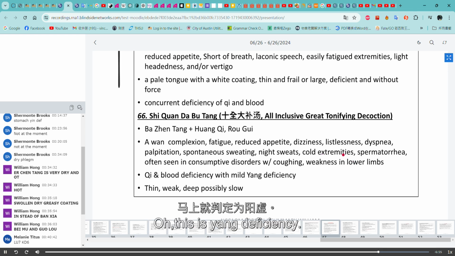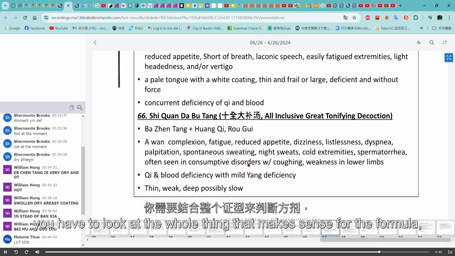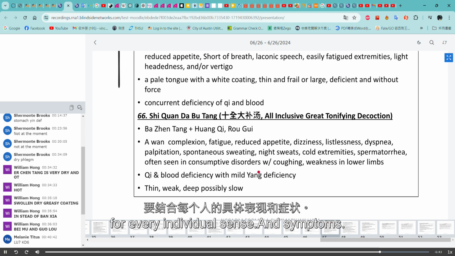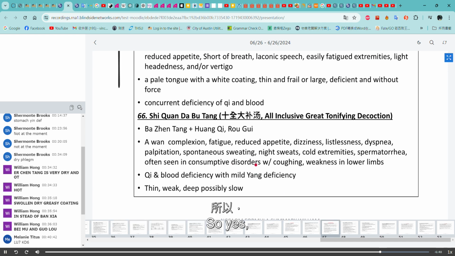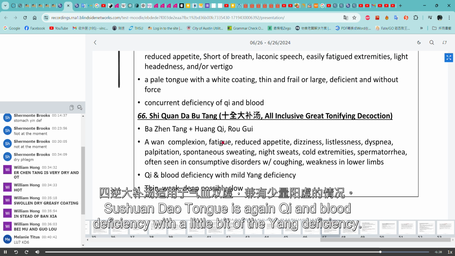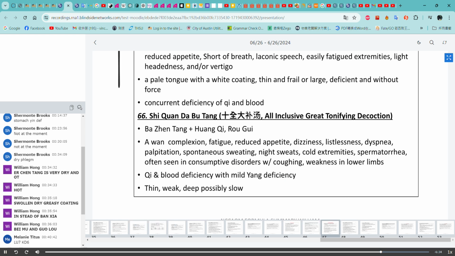Oh, this is yang deficiency. And you kind of ignore the other parts. No? But you have to look at the whole thing. That makes sense for the formula with every individual sign and symptom. So Shiquan Dabutang is again qi and blood deficiency with a little bit of yang deficiency. Whereas